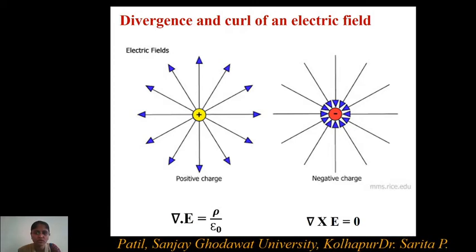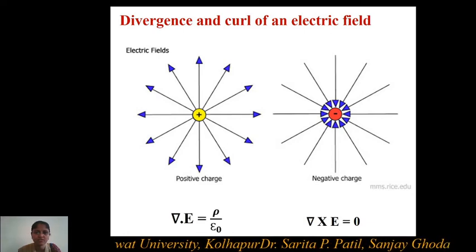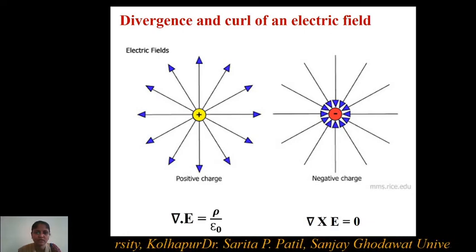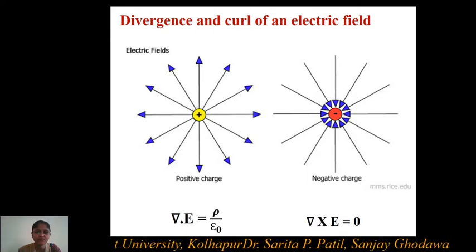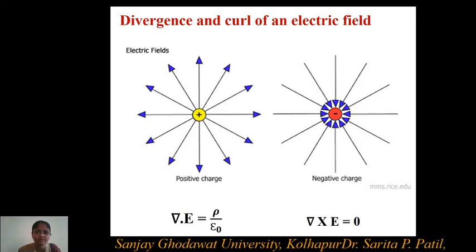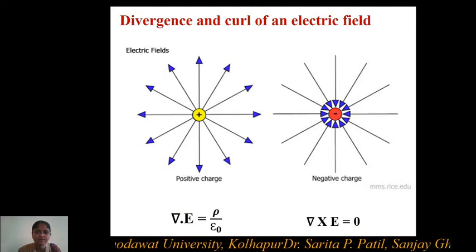So as you see in this particular picture, there is a charge at the center and these are the arrows shown emerging out of the charge. These arrows actually indicate the electric field lines. So here electric field is written. We know that whenever there is a charge, it has electric field in its vicinity. Up to a certain distance, it has its electric field strength, and this electric field is represented by electric field lines.